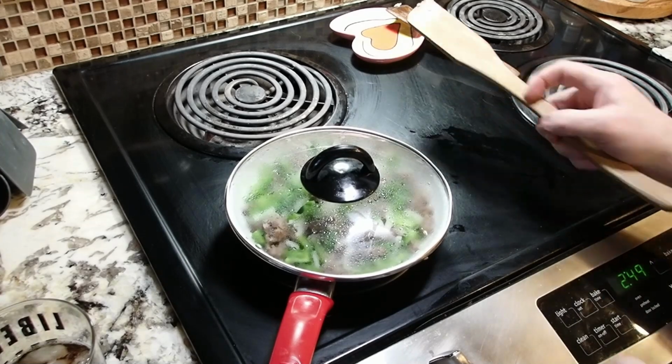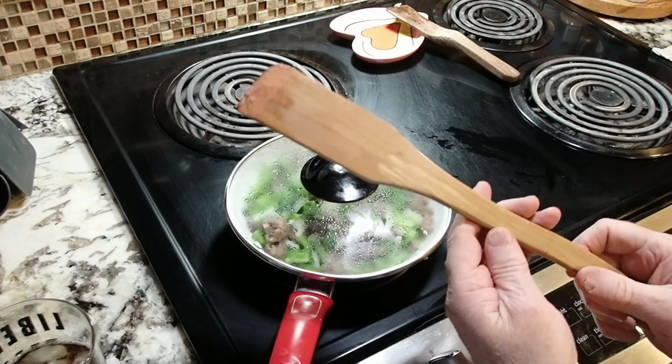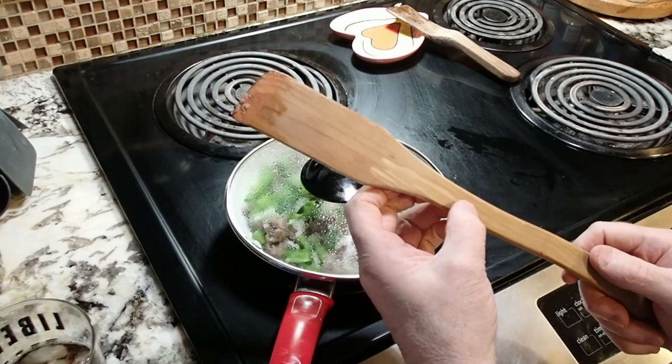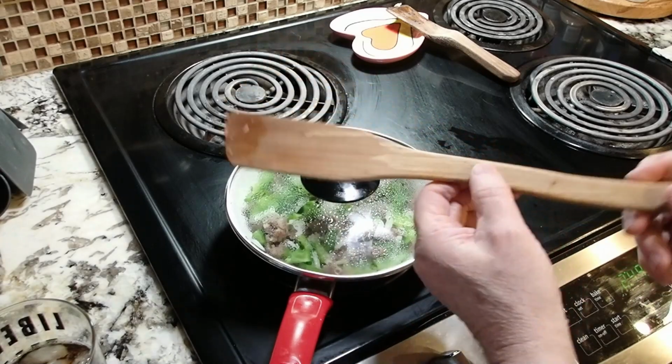I'm going to say this is just about ready. Oh, here's my other spatula. Well, I got lots of them. This one I made from spalted maple. Spalted means it was just beginning to do its rot process, but it still holds the integrity of the wood. So, I don't know, it's pretty cool. Anyways,